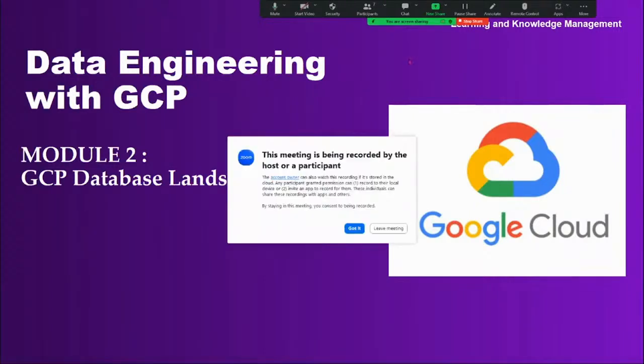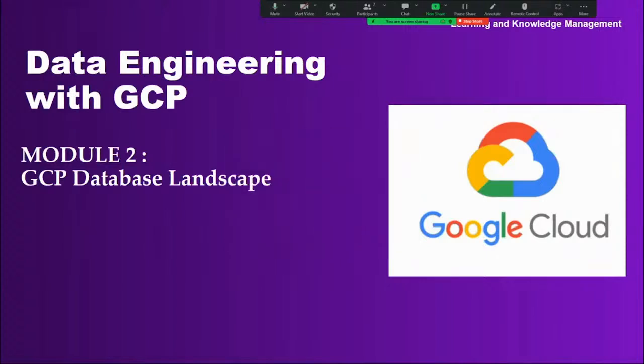From today onwards, we're going to discuss the very first topic, that is, in our GCP, we have a GCP database landscape and big data landscape. So one by one, we are going to start with it. In the first half, I'm going to explain a few concepts related to the databases, that is, our Google Cloud Storage. And after that, we're going to start with